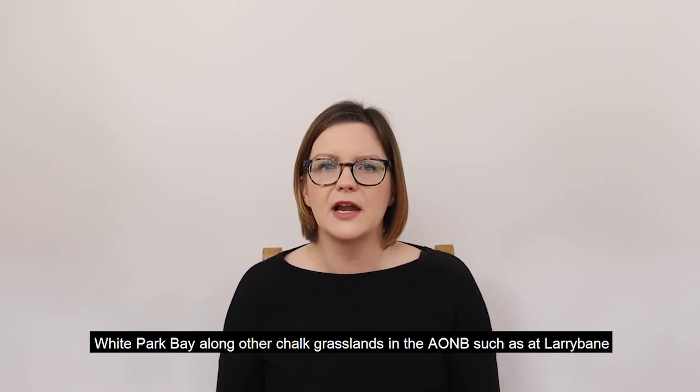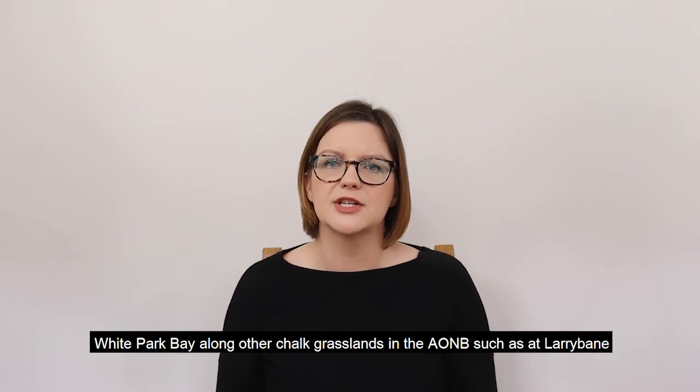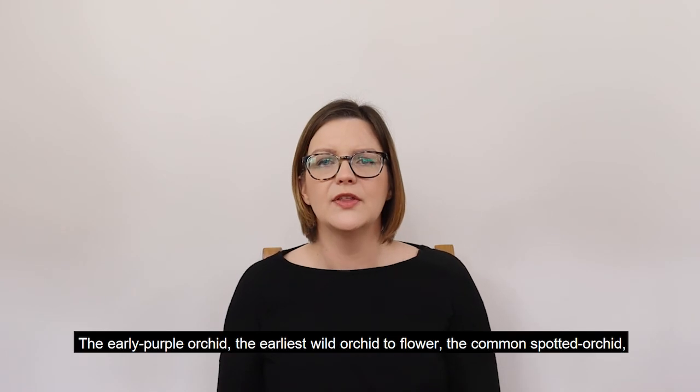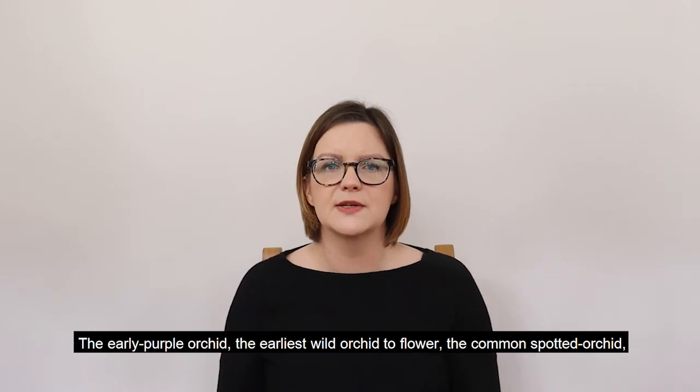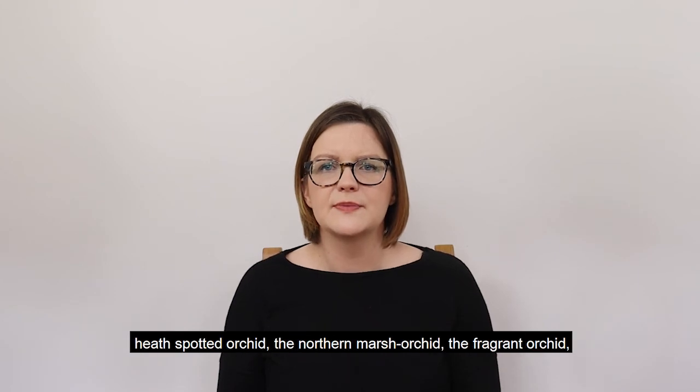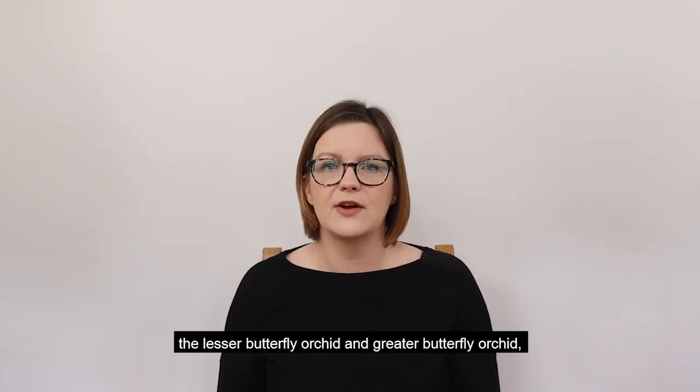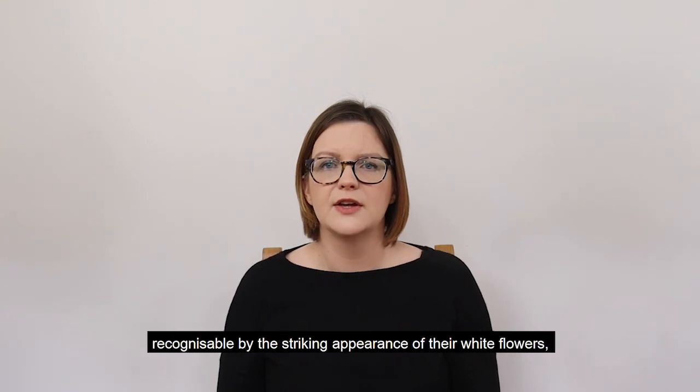White Park Bay, along other chalk grasslands in the area of outstanding natural beauty, such as at Larry Bain or Carrigareed, is particularly notable for its orchids, of which some are rare and sensitive. The early purple orchid, the earliest wild orchid to flower, the common spotted orchid, heath spotted orchid, the northern marsh orchid, the fragrant orchid, so called because of its powerful scent, the lesser butterfly orchid and greater butterfly orchid, recognisable